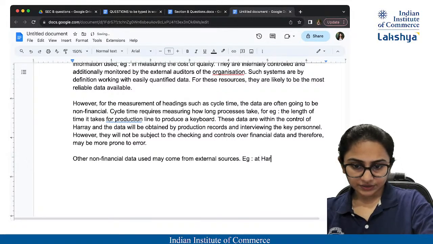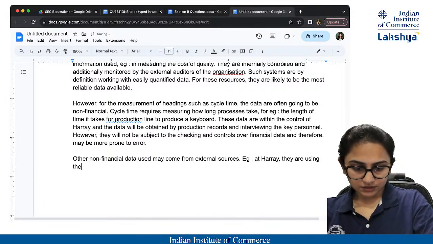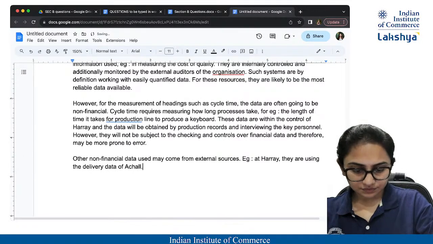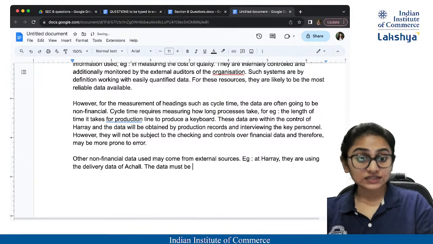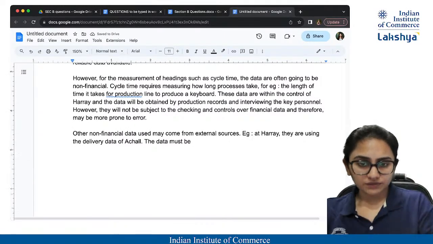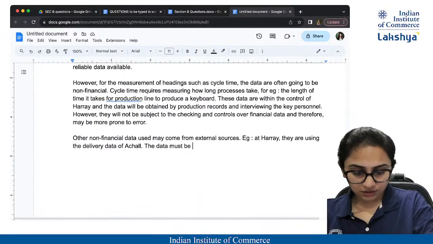at Harry, they are using the delivery data of Actual. That is the delivery time. If you remember, in number of days, 3 point whatever we did here, no? 3.4 days. So that is the delivery data. So the data must be treated carefully,